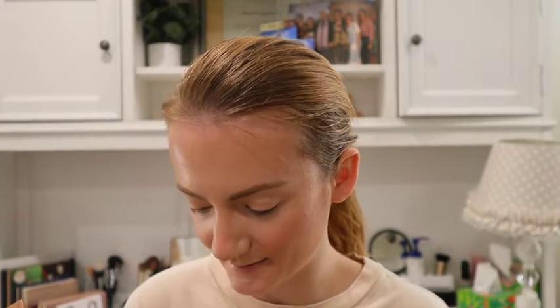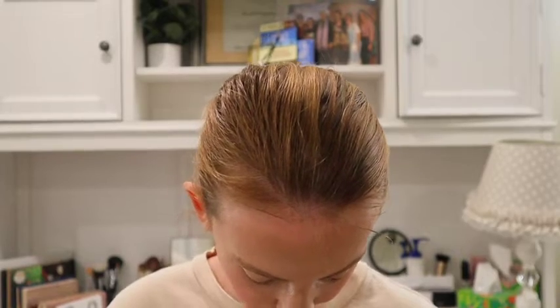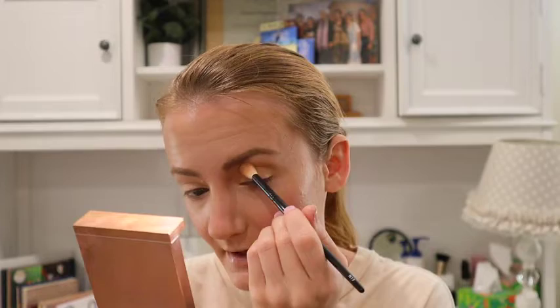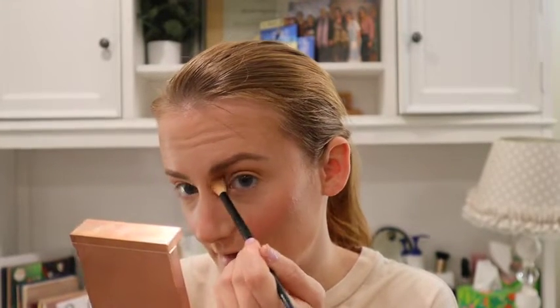I'm going to place this in the crease. A lot of fingerprints on this mirror, wow. I like to kind of bring it really close up to the brow, like in this area here. Alright, for the lid, I'm actually going to take the highlighter that I'm going to be using, and then